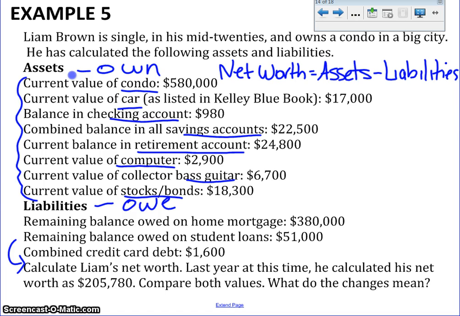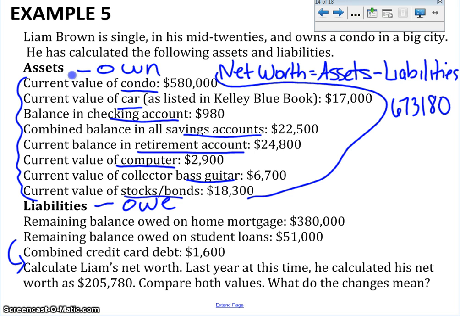And if we add all of those values together, it comes to $673,180. Now down to the liabilities are what he owes. And that falls right here in this category. He owes a mortgage on his home. He owes a student loan, and he owes some money to some consumer debt or credit card debt. So if I add those values together, I get